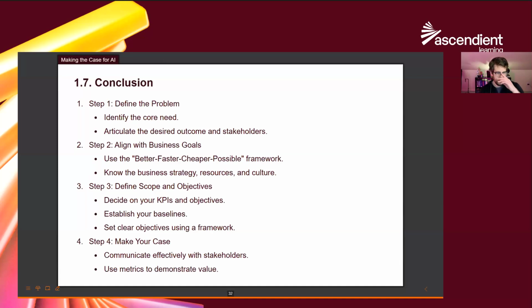So at the end of the day, here's our framework. You want to define the problem. You want to make sure that you're aligning it with your business goals, or your personal goals. Think through the scope of your projects and your objectives. Be specific with those objectives. Use a framework. And once you have your KPIs, get your baseline, make sure it's well tested, and then make